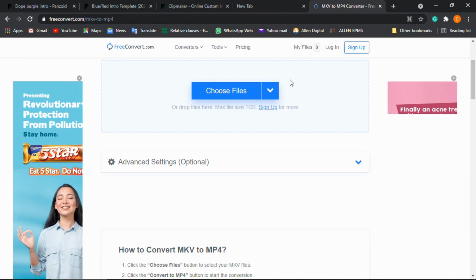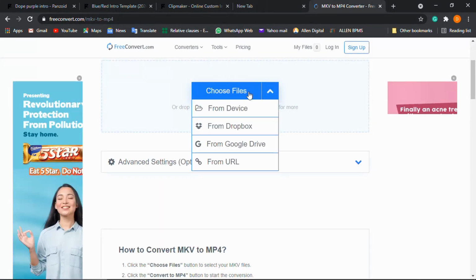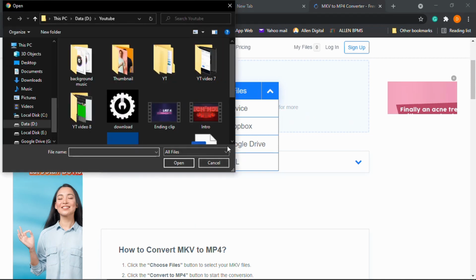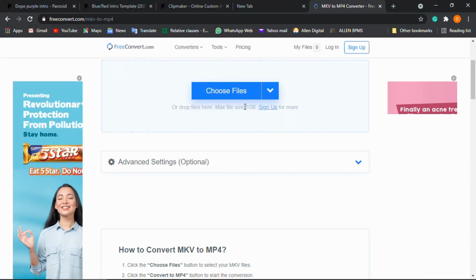You can check it. Here you need to choose your file, and it should be less than 1.5 GB. As you choose your file, it would open this and you can choose your file. It should be lower than 1 GB as it is written here, and then you hit convert. After hitting convert, around 1 minute or 5 minutes maximum, you can convert it and download it to your desktop, or you can say to your PC, fully free.